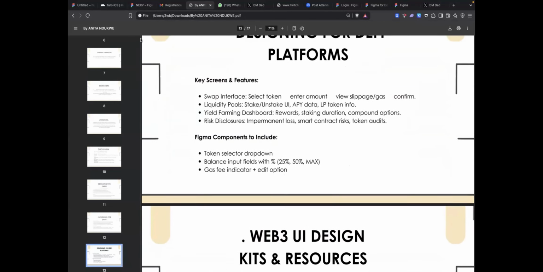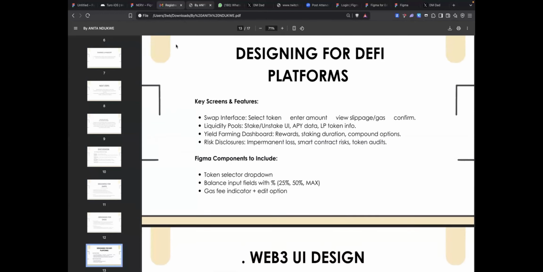This is where I'll show the variables and how easy it is for you to design all these things. Because the same thing we are talking about with DeFi platforms, the same thing we are talking about with DAOs, and the same thing we are talking about with Web3 wallets. It's almost the same thing. The only difference is maybe here you are voting, while in Web3 wallets you are trying to make transactions, and in DeFi platforms you are trying to make trades. Those are just three different things, but it's still the same principles that you're using for all of them.